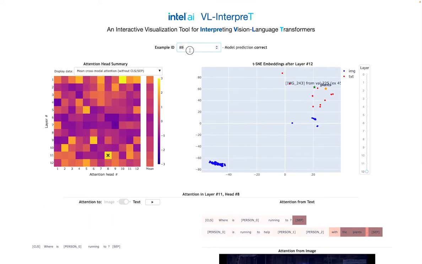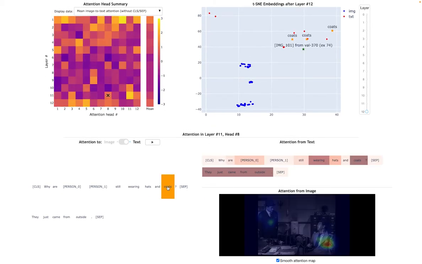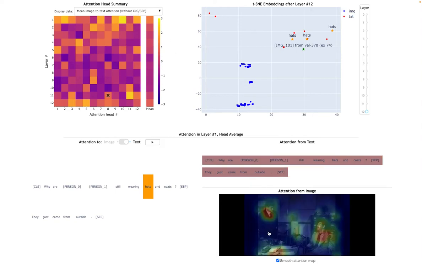Here is another example. The text mentions heads and coats. Similarly, we see the image of coats and heads attending to this text. And here we can look at the average attention to heads in each layer by selecting in the mean column. We can see that in the early layers, the attention is more diffused. But in the later layers, the attention becomes more focused on the head area as it learns. This shows that the sense of objectness seems to be developed gradually in the model.